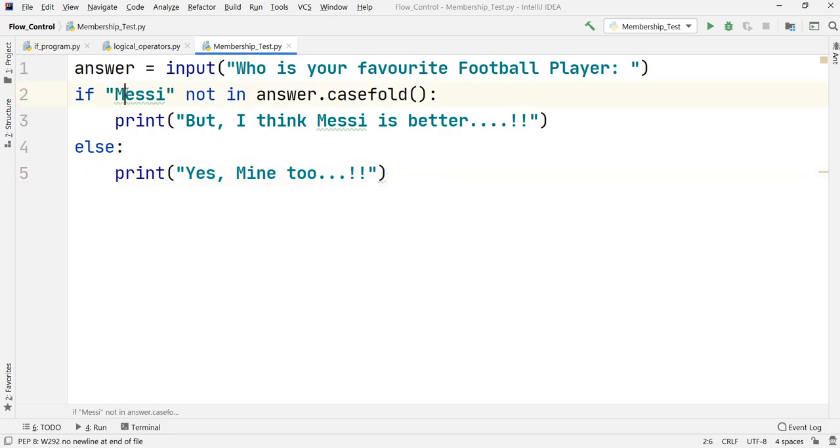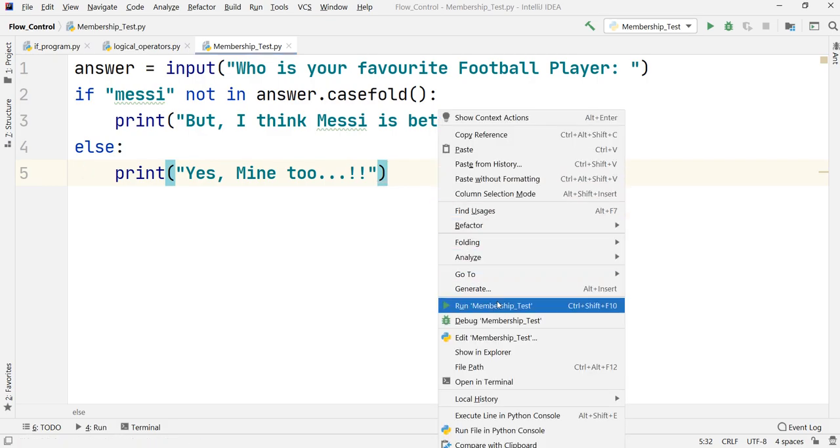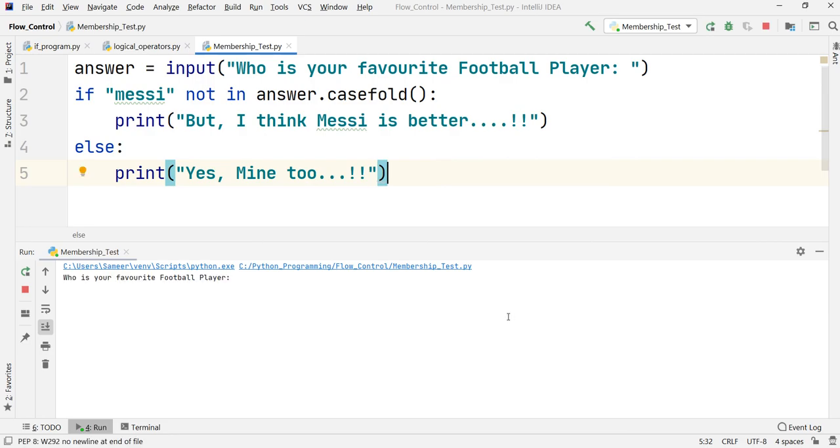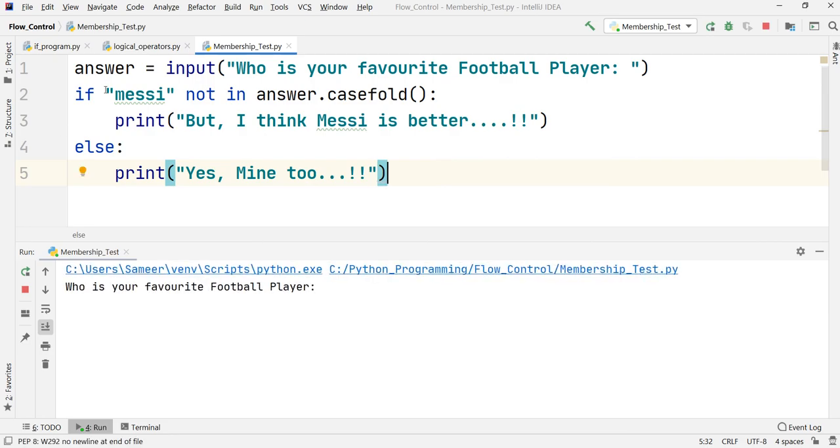I will tell you how it works. Let us check the program again. For that, I'll have to make another change, that I'll do this in the smaller case, the lower case. If I run the code again, because we have done it in the smaller case, Messi. Now suppose I write "I like" capital MESSI, Messi in capitals.